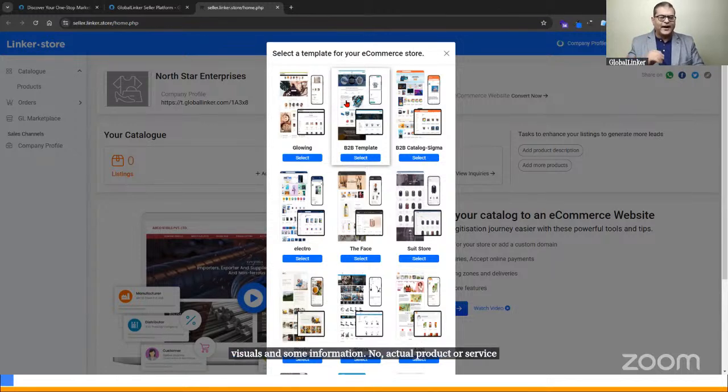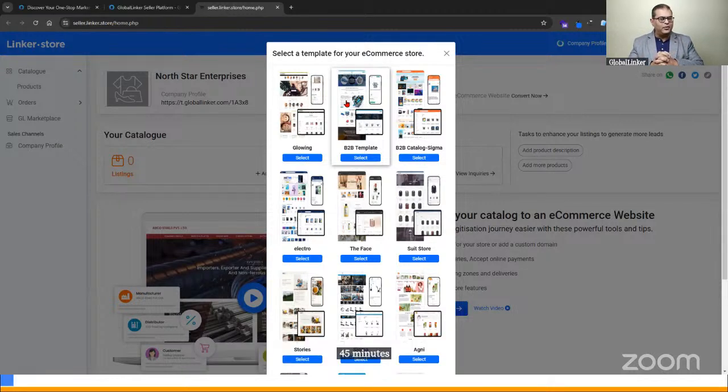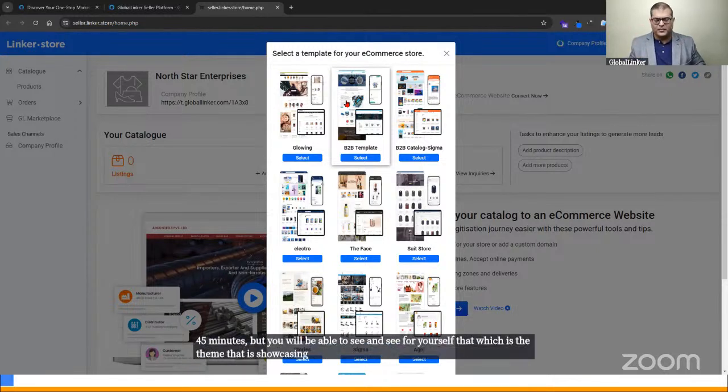Once you have done that, then you go to the theme section, apply a theme, see how that product is appearing on the front end, then apply the second theme, see how that product is appearing on the front end. You'll have to invest some time into it. It will take half an hour, 45 minutes, but you will be able to see for yourself which is the theme that is showcasing your product in the most beautiful manner.